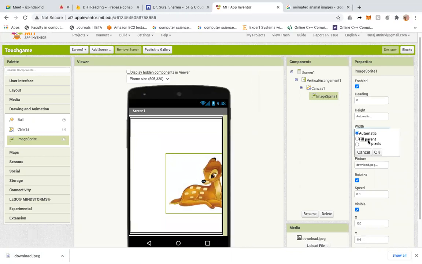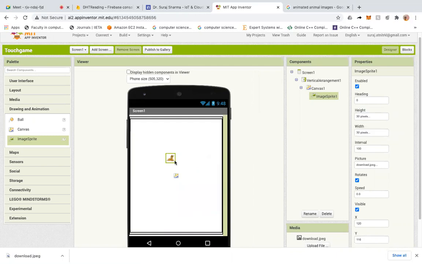You can set the width and height. Let's say I'll put some pixel value here. So it will be a smaller one. Let me make it somehow bigger.